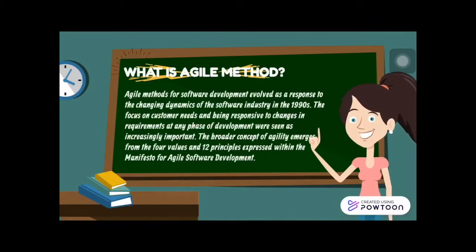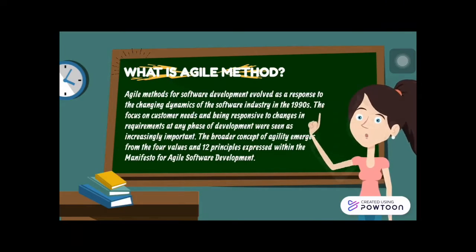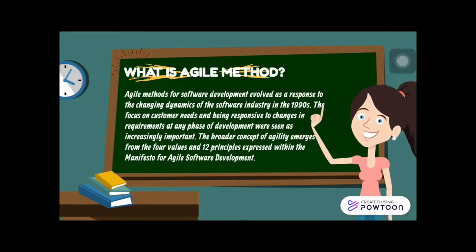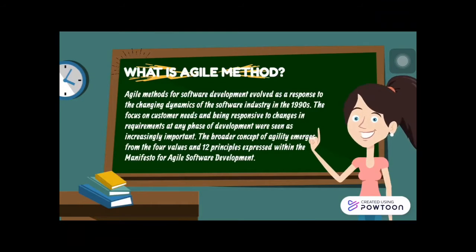So what is Agile method? Agile methods for software development evolved as a response to the changing dynamics of the software industry in the 1990s. The focus on customer needs and being responsive to changes in requirements at any phase of development were seen as increasingly important. The broader concept of agility emerges from the 4 values and 12 principles expressed within the Manifesto for